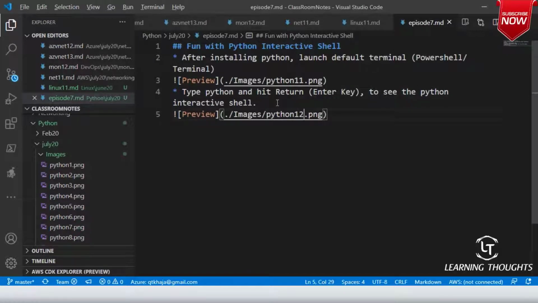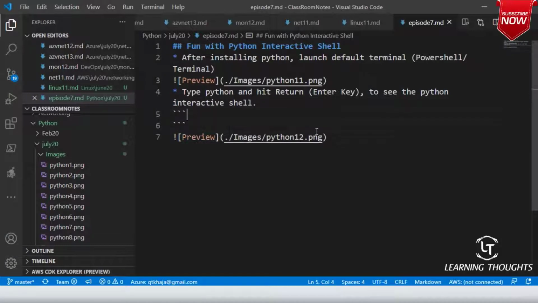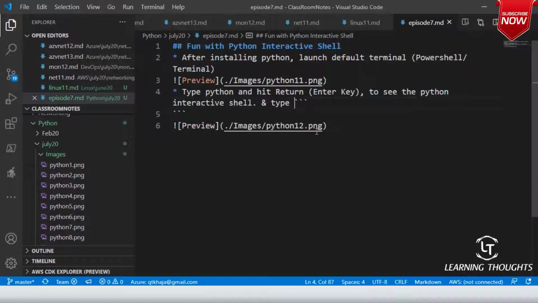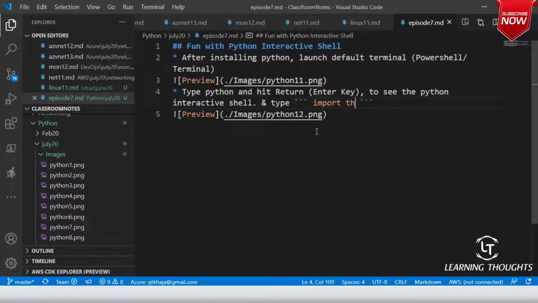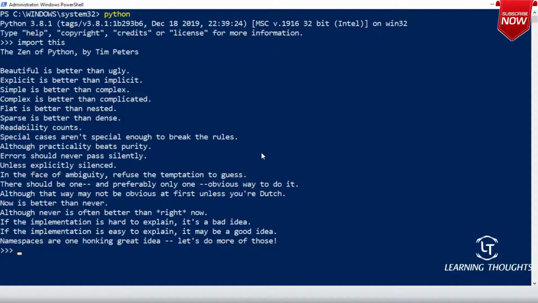And type import this. Are you seeing the Zen of Python, sir? Import this, and you have to click enter, ma'am.